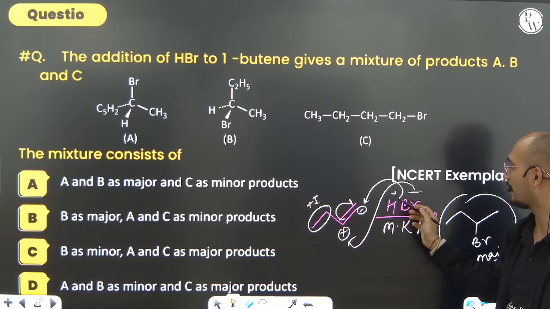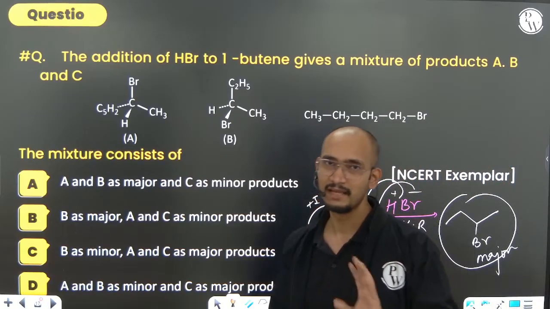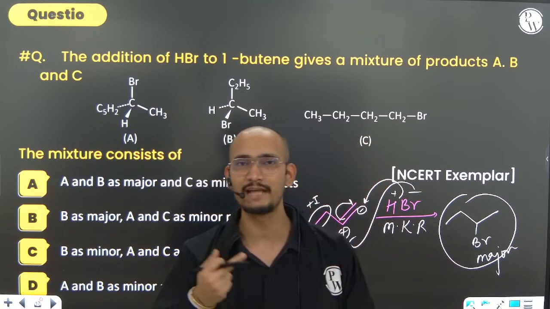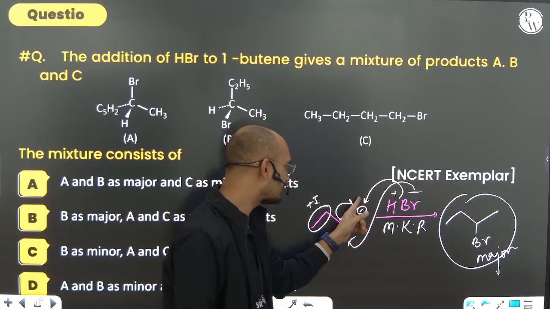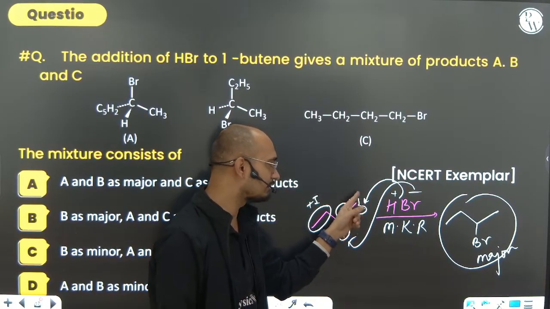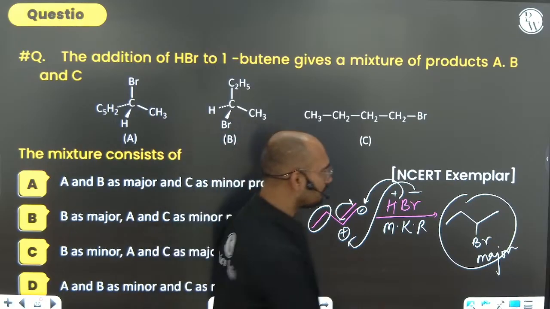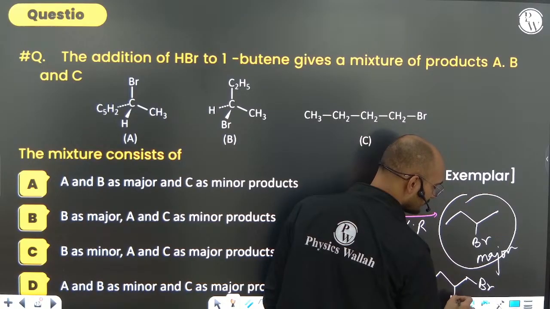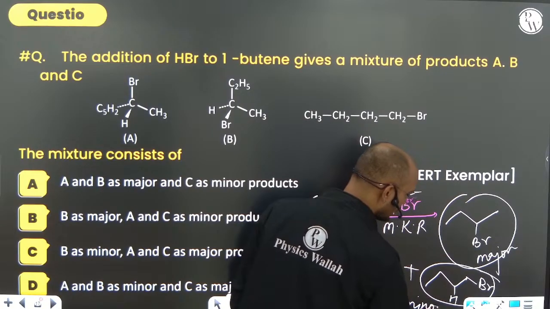The minor part will be such that Br will come at that position where there is the maximum number of hydrogens. What does Markovnikov's rule say? That the negative part of the addendum goes to that carbon where there is the least number of hydrogens. So look carefully, how many hydrogens are here? 2. How many hydrogens are here? 1. So Br will come at this place, but hydrogen will come at that place. Okay, no issues. But if you think just opposite, what else is possible? One more possibility is there: Br will come here, hydrogen will come here, but this will be the minor product.